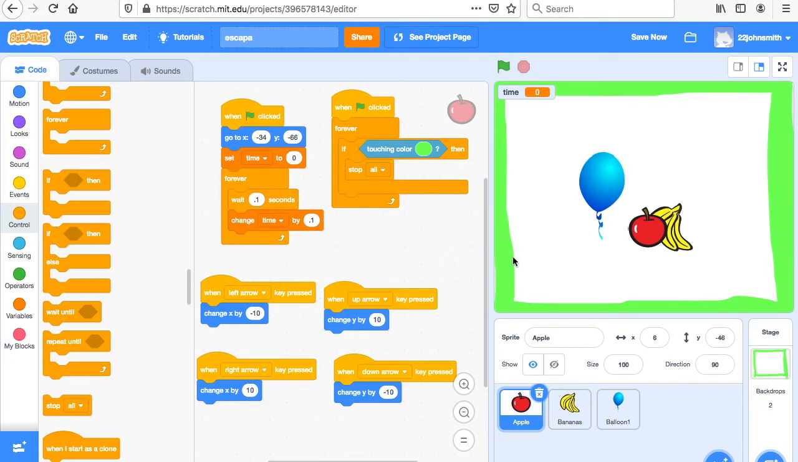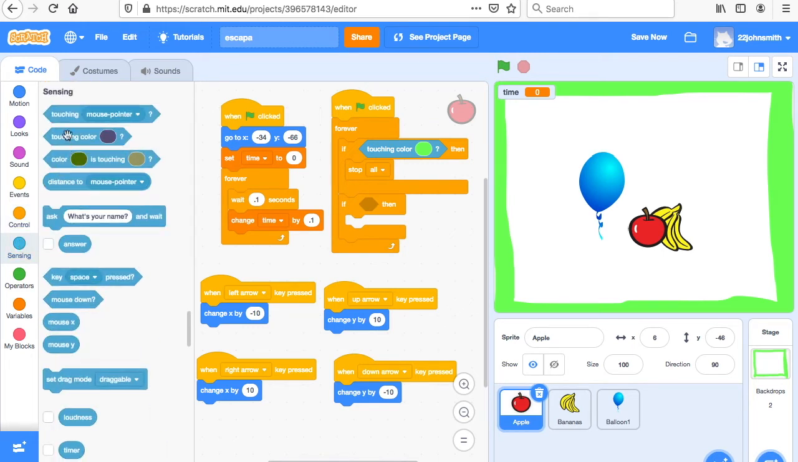If you're touching the green, you want to make it more interactive. So we also stop the game if he is going against the balloon or the banana. Same thing: if then, and then we go to sensing. If touching, and now it says mouse pointer, but we'll change that. So if touching